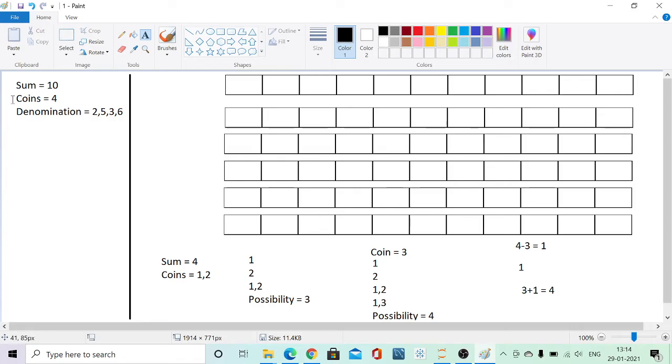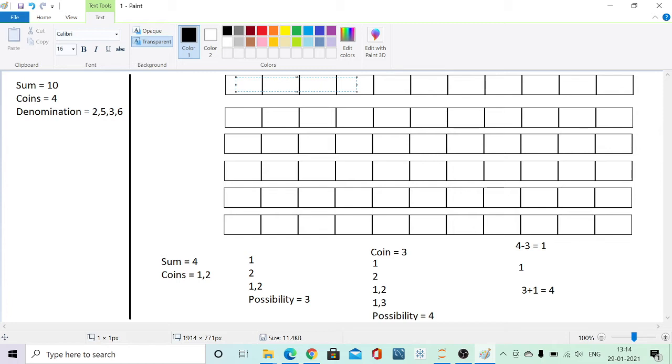So for example, we have to find a sum of 10 using the 4 coins whose denominations are 2, 5, 3 and 6. So the total possibilities to reach up to 10 using these coins, we have to find the number of ways in which I can reach to the sums which are less than 10.